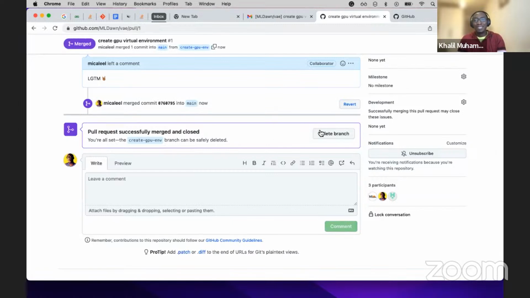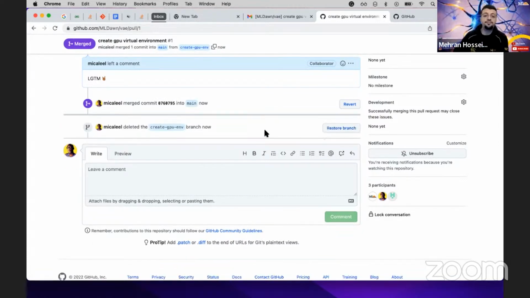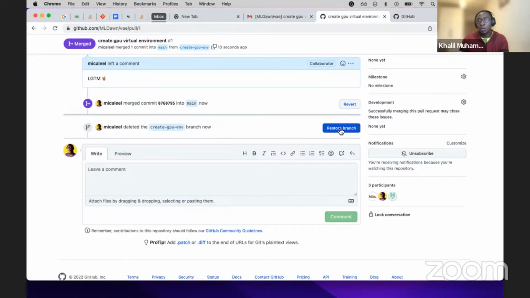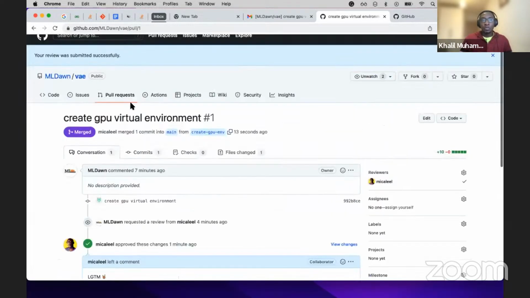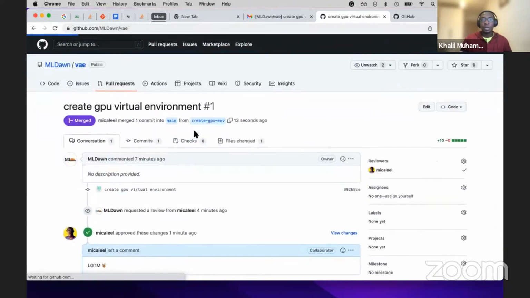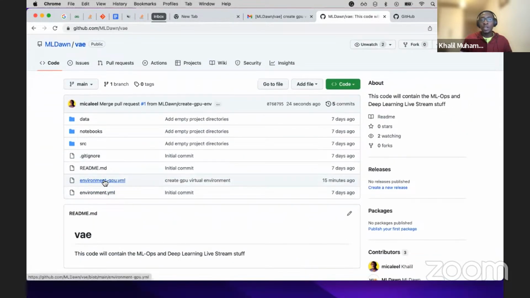So the branch doesn't have to be alive anymore. It's done. It served its purpose, so let's just retire it. We're going to delete that branch. There's no point having it lingering around because we can always restore it when we want to. So if we go back to the repository and have a look, we have our environment.gpu file,